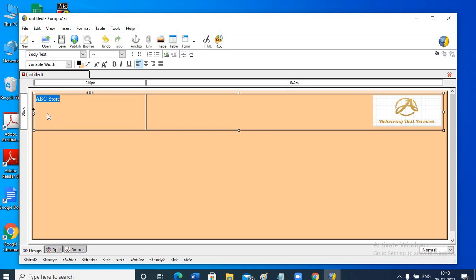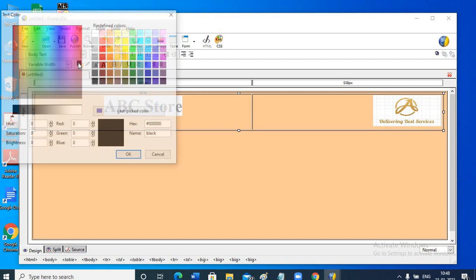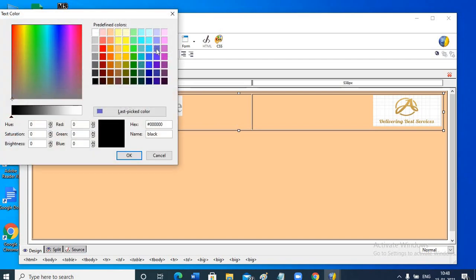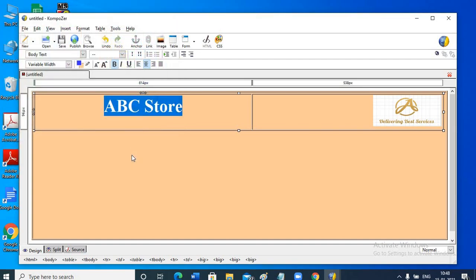Select the text. I want to give the formatting option. Increase the font size. Bold. Center aligned. Font color blue. Okay.